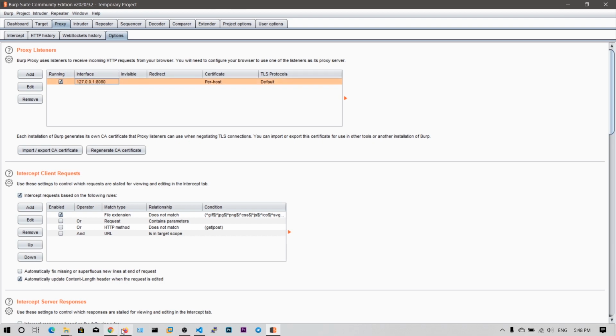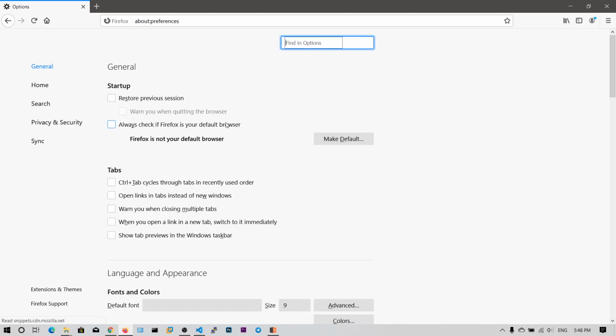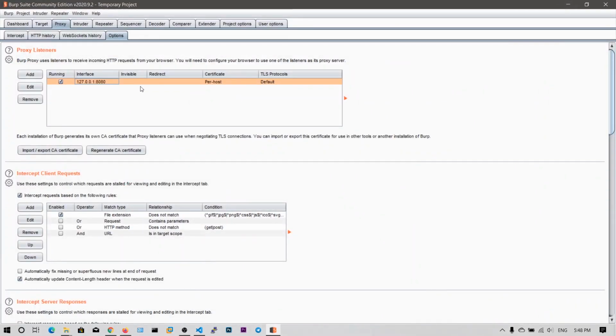So if we set the proxy of our web browser to localhost and 8080, then our requests will be captured in Burp Suite, and we can edit those requests. So let's do this. You can also add another listener, but I am fine with port 8080.